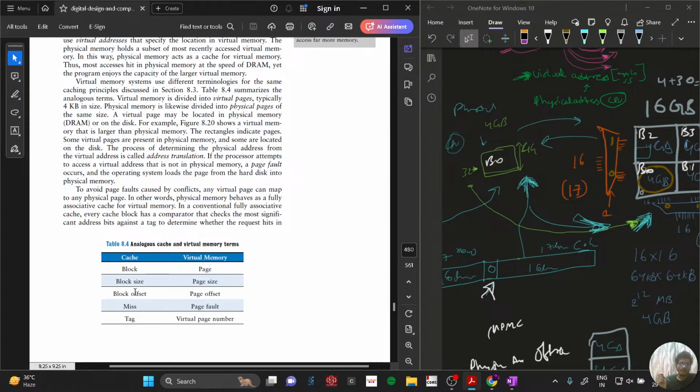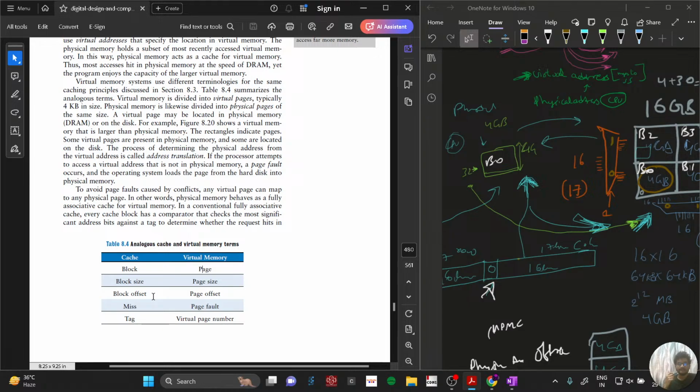Block offset. Block offset is something that, if you have multiple words in one block, in one cache line, then you have some block offset to address those individual words in the block itself. So this is page offset. Miss. If there is a miss, what do we say? Like cache miss. When you try to access data in cache and there is a miss,